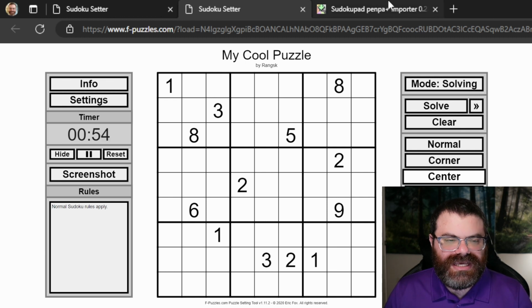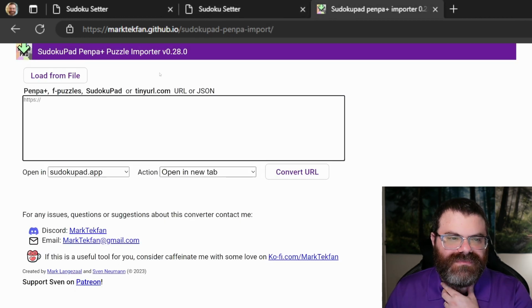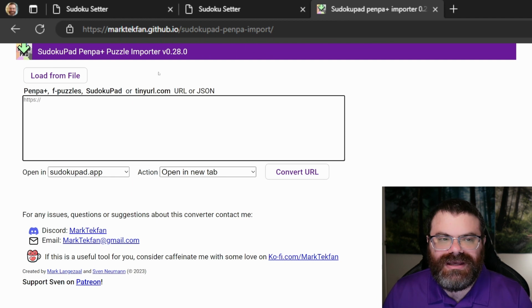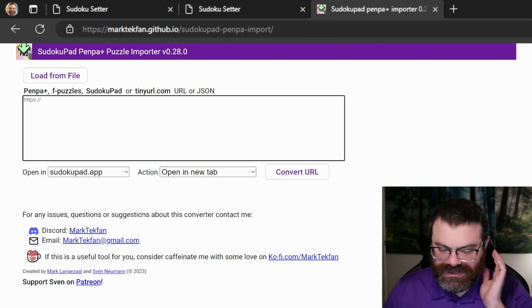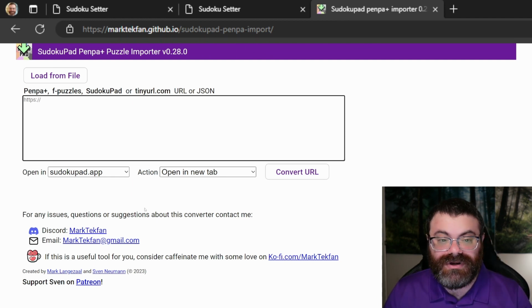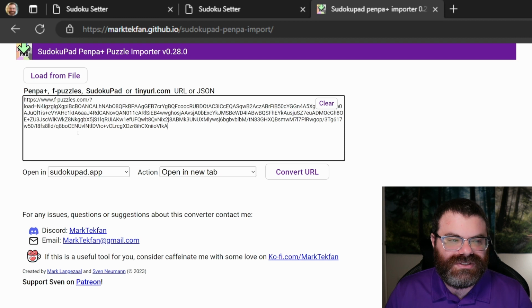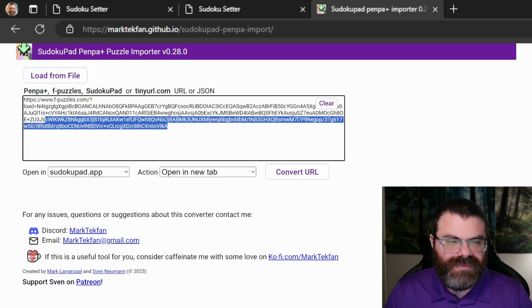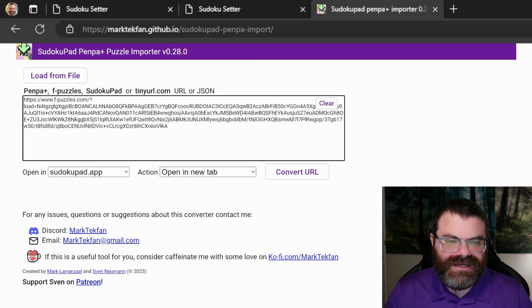And then you're going to go to this second website. It is called SudokuPad Penpa Plus Puzzle Importer. This is created by Mark Techfin. I am not Mark Techfin, but Mark was kind enough to create this very easy way to do this. And what you're going to do is paste in this URL. And because this URL contains the full puzzle data of what we just set, that is enough information so that we can open in